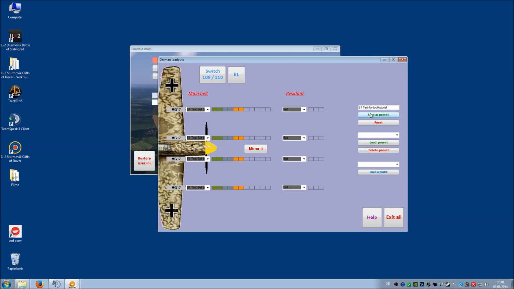I can save that loadout as a preset. I can reset the whole thing so everything is empty again, and I can load it again by selecting it here and loading the preset so I can have a look at it. Now I have configured that loadout for the E1, and that means I can load it to the E1 and the E1B. And I will select the E1